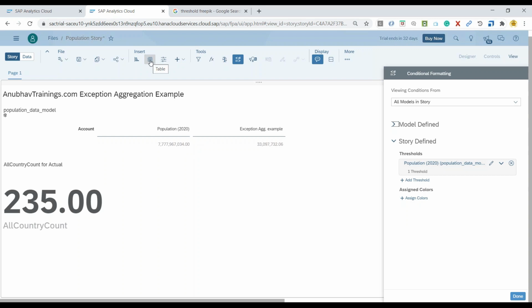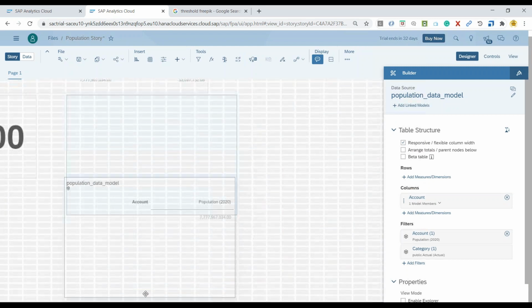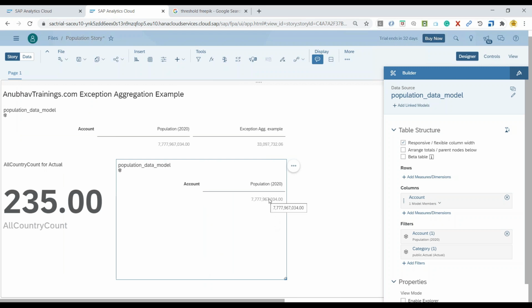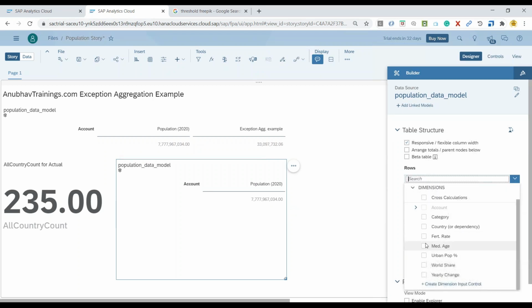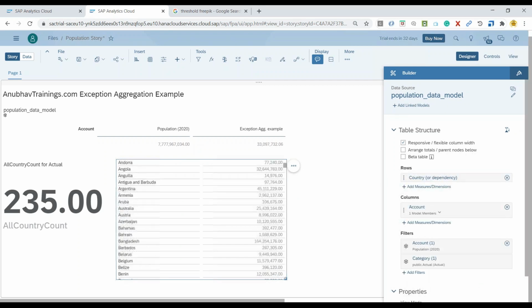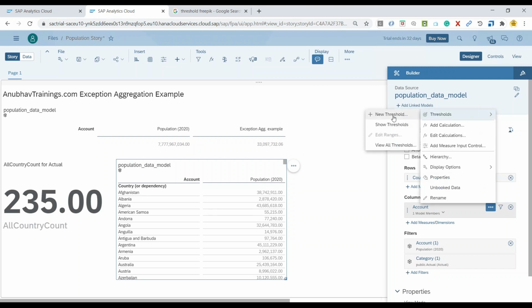I'm going to quickly create a data table, and over here I'm just going to grab it and move it a little down, and let's scroll it up on the left. I can see here all my population data for all the countries in total. We can quickly go ahead and add country as a dimension. But right now it doesn't show me the categorization of my threshold. That's fine. We can go back and click on this little dot on the measure, and we can say threshold. And I say, please show the threshold in my table.